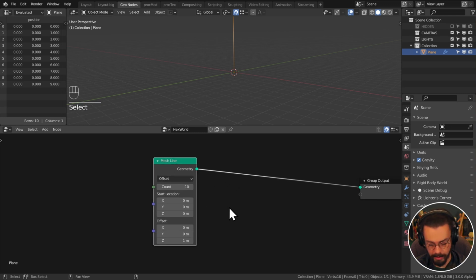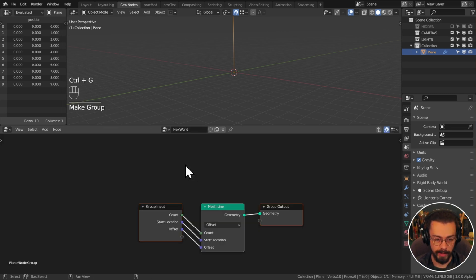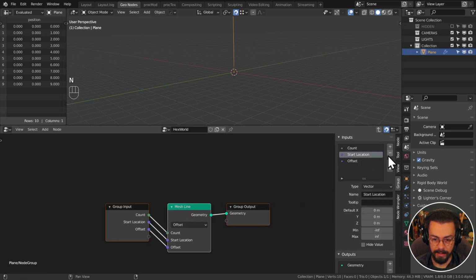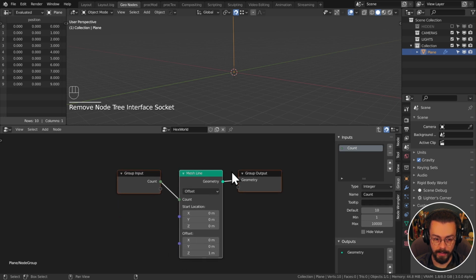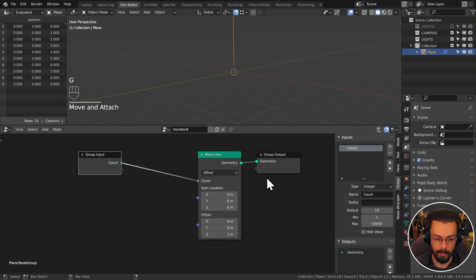Just to save us a little bit of time, what I'm also going to do is take my mesh line here. I'm going to press Control G to group it. And I'm actually going to just go ahead and delete from the group front those two options. We aren't interested in the actual positions of the line. We will just be interested in the count itself. So I've got one which I'm going to call count X, and I'm going to take another one which I'm going to call count Y,